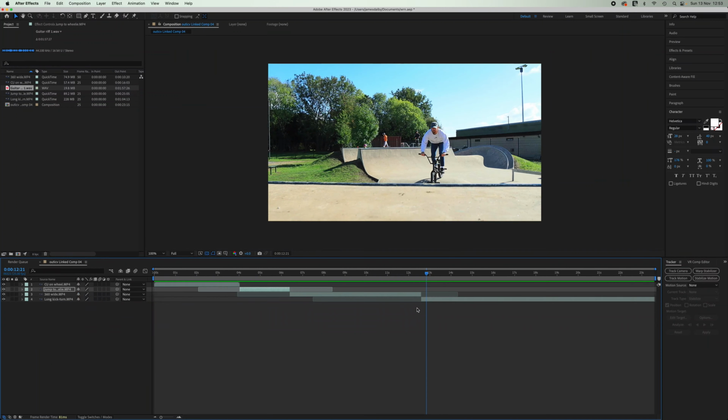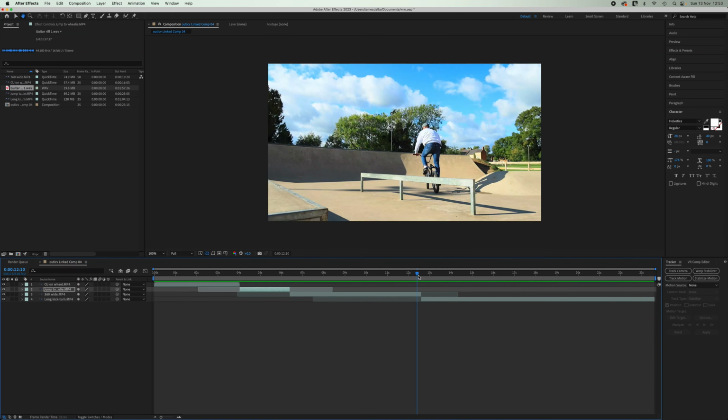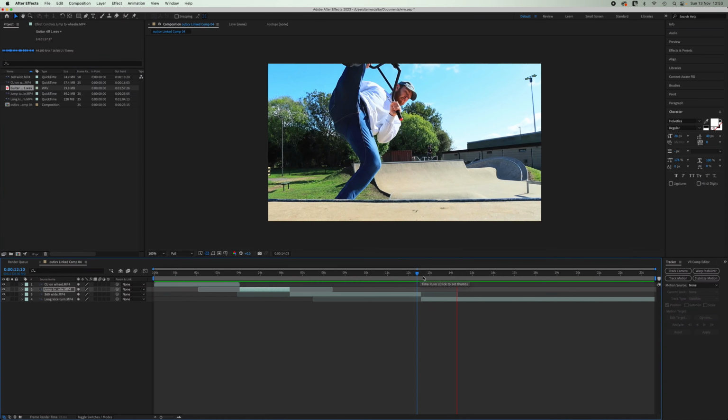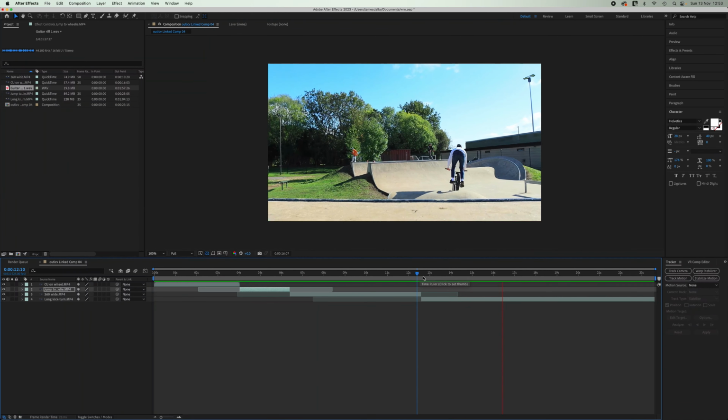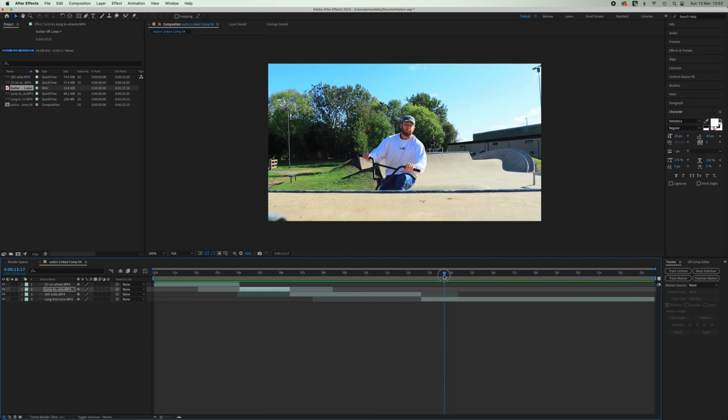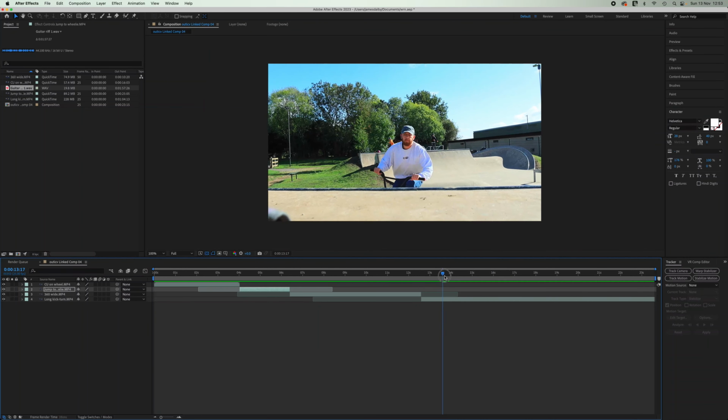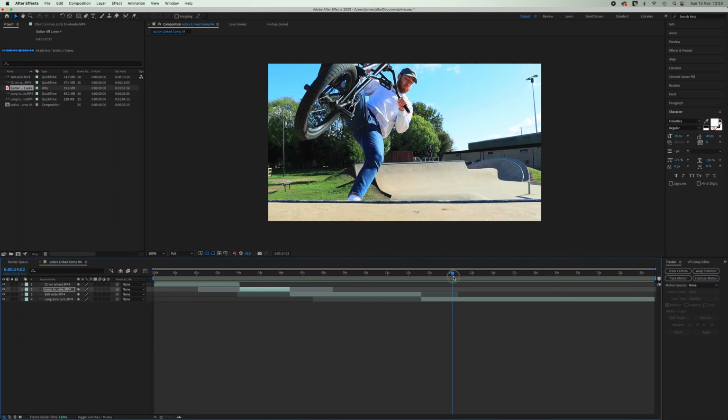Okay, so here's our clip, and here's George coming over the berm and then doing his kick turn and then riding back again. And what I'm going to want to do is slow this down just to the point where he does his kick turn. Okay, so